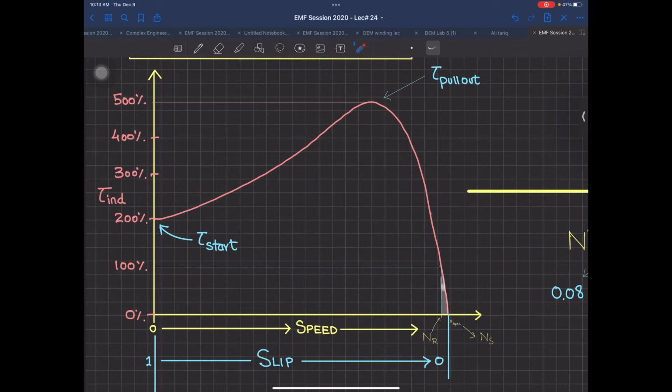So for the induction motor, there are 3 points over here: T starting, T pull out, the maximum point over there. Now, I will explain in the next lecture why, when it reaches this point, it goes on to decrease. Why this happens, I am not discussing right now, that is actually related to your equivalent circuit. But at present, this is your full load point. Let me mark it over here. This is your full load torque point. This is maybe your no load point, because this will be a little away from your NS. This one is your starting torque. This one is your pull out torque. This one is your full load.